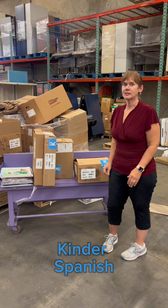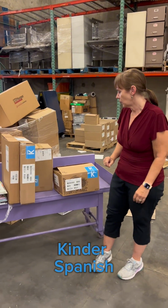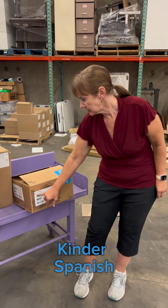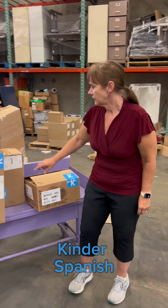And now we're going to talk about Spanish. But Spanish is very similar. There's a few things that are a little bit different. So just make sure that if you look at the side of the book, it says arriba. If it says that, that means that it's going to be a Spanish set. So you're going to need the teacher guide. You're going to also need